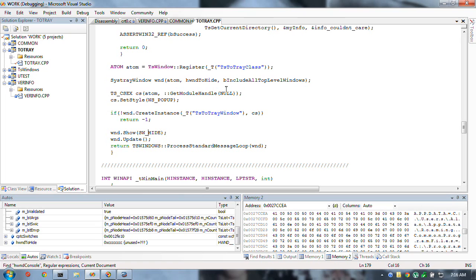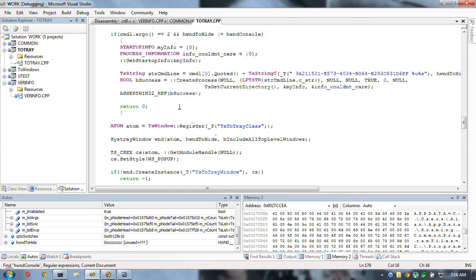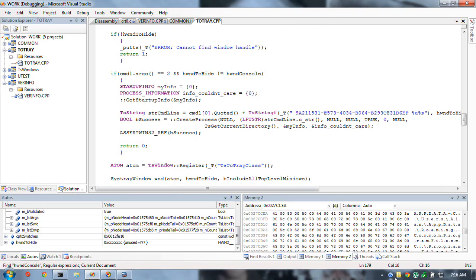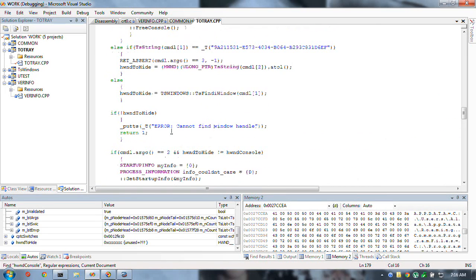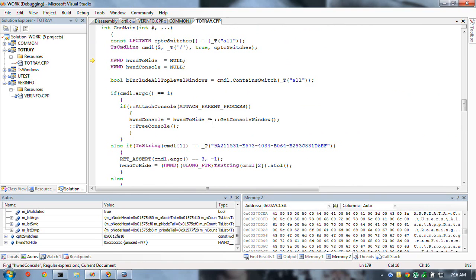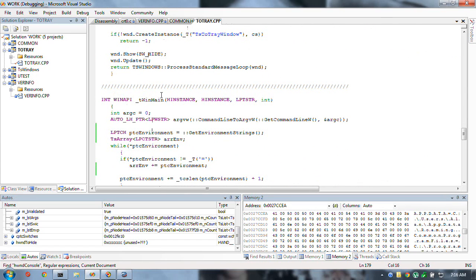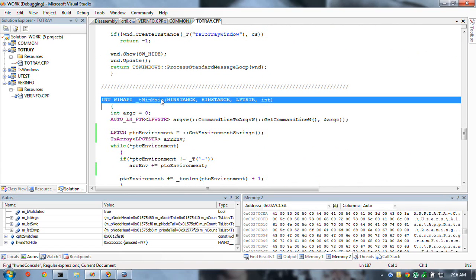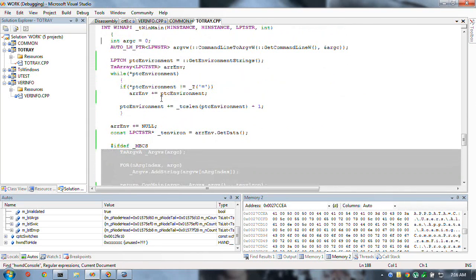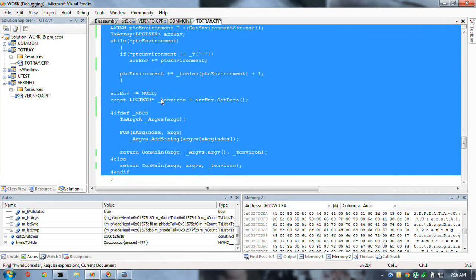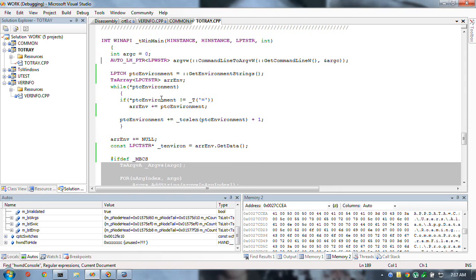So that's the name of the class. I create an instance of that class. I hide it. Now putting something in the sys tray is another story. I could explain that in the next video. All I wanted to point out is that if you don't like this interface, you can go through all these steps exactly as you see them here. Well, except you don't know what this is. It's just another auto